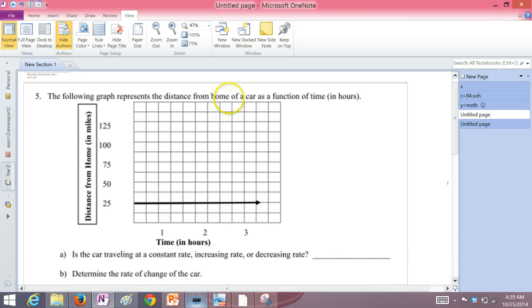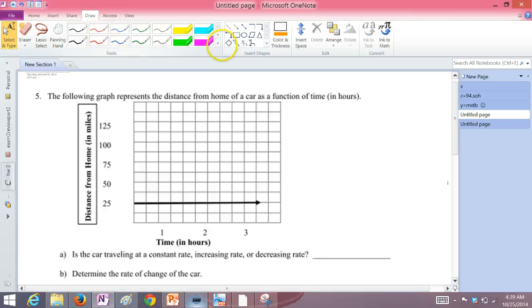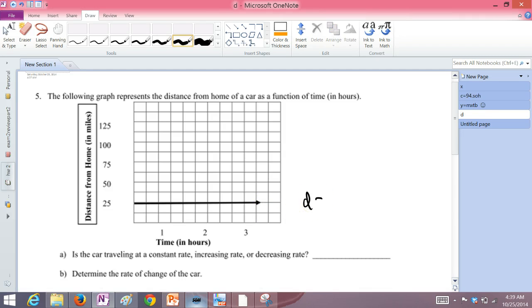The following graph represents the distance from home of a car as a function of time. So either there's a typo, or we're going to go with the fact that this is just a line where the distance is just going to stay at 25 no matter how many hours you are. So the car is traveling at a constant rate, an increasing rate, or a decreasing rate. I think there's a line that's missing here. I think really this is the t-axis, the time axis, but I'm going to go with the fact that